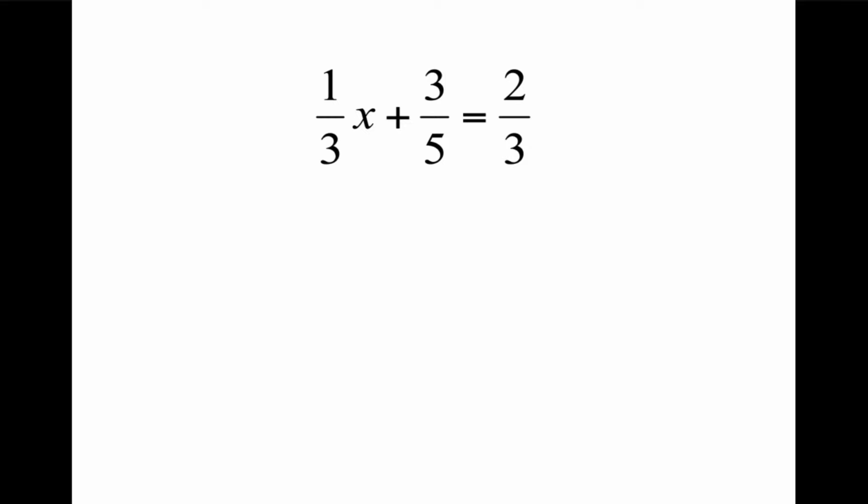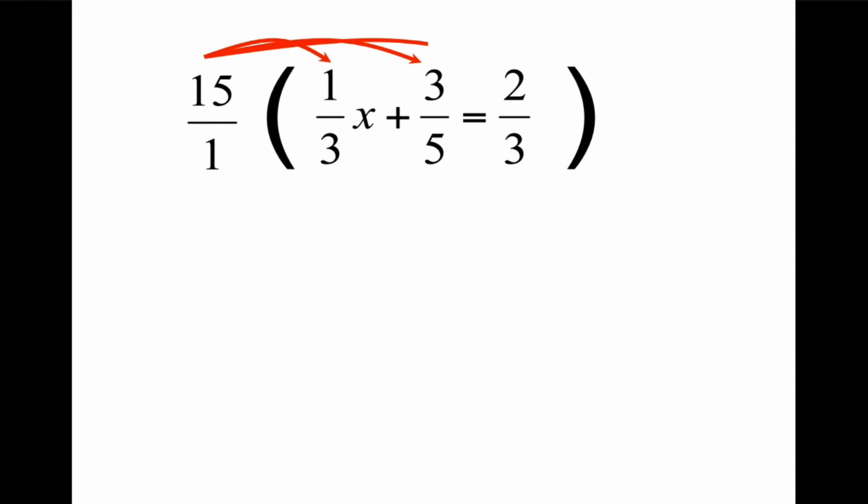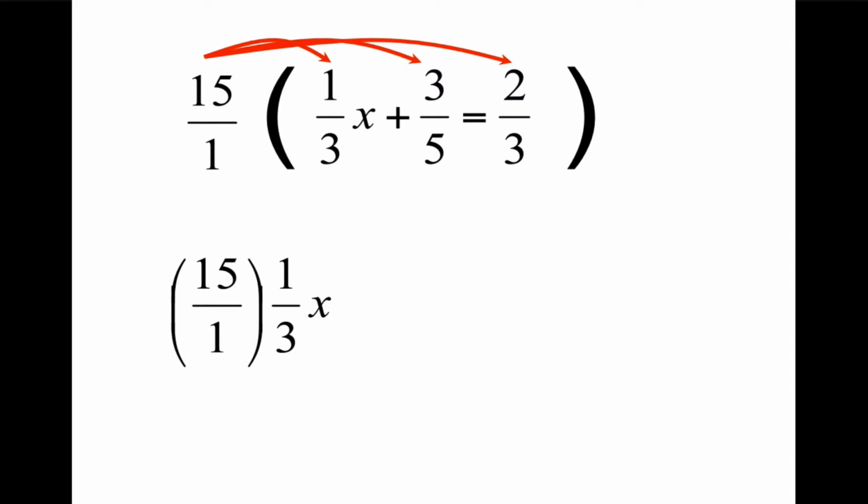We're going to multiply the entire equation by 15 over 1. This is shorthand. Typically we'd be multiplying both sides of the equation by 15 over 1. I'm showing the whole thing by putting parentheses around the whole equation. Now we're going to distribute 15 over 1 times 1/3 x, 15 over 1 times 3/5, and 15 over 1 times 2/3. Okay, so 15 over 1 times 1/3 x plus 15 over 1 times 3/5 equals 15 over 1